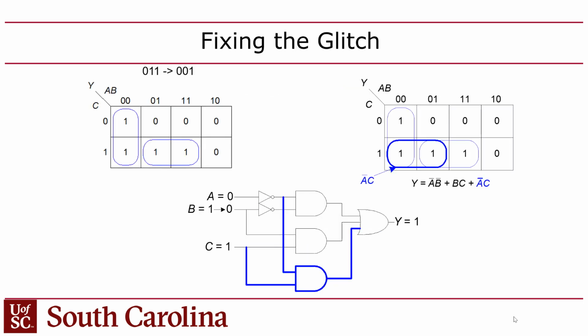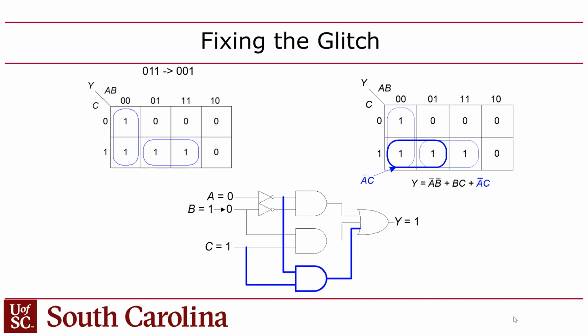Now there is a way you can fix glitches though, at least in some cases. I don't know if there's a universal general fix for these, but I got this from the book. I thought this was kind of neat. It's not super practical, but in this case the reason the glitch was happening you can explain by looking at the Carnot map of the circuit. We were going from 0, 1, 1 to